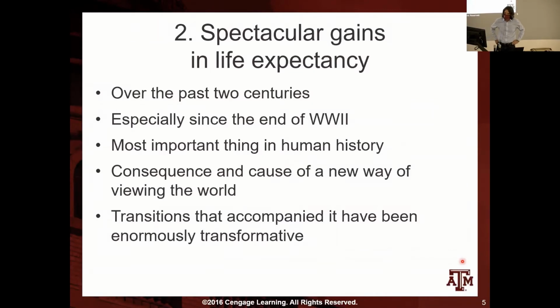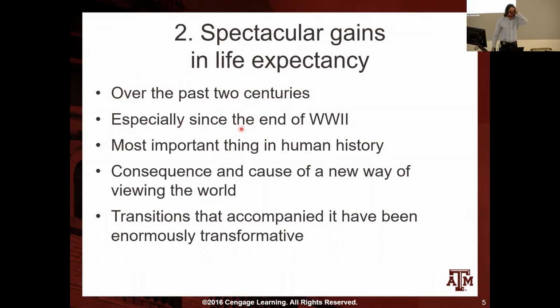And we have also seen a lot of improvements in mortality. When we say that we have improvements in mortality, it's not that mortality is increasing, it's exactly the opposite, that people live longer. So the mortality rates are declining. And when the mortality rates decline, we have an increase in life expectancy. Life expectancy being the average number of years that people live, considering the mortality levels of that population at that time. And these gains were observed in these past 2 centuries, especially since the end of World War